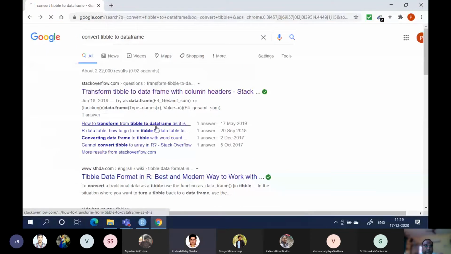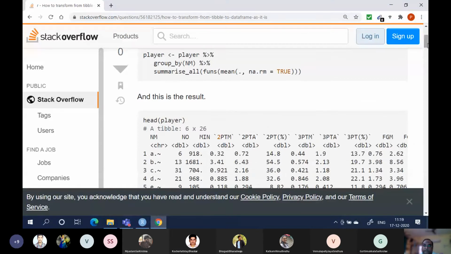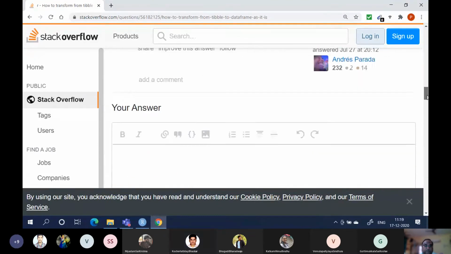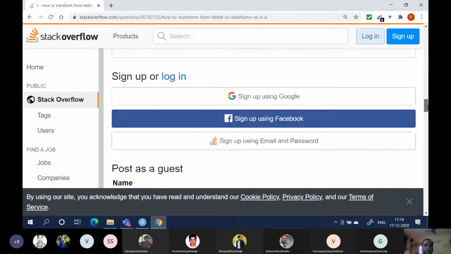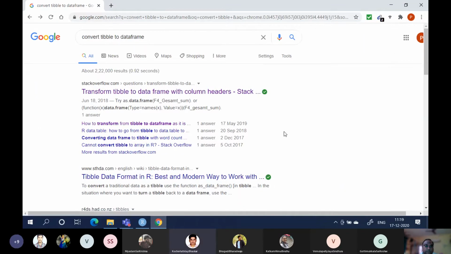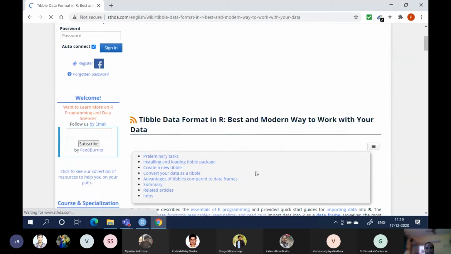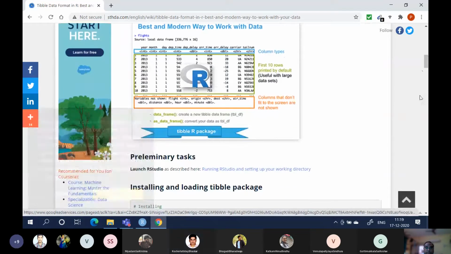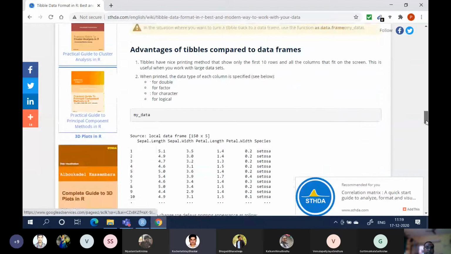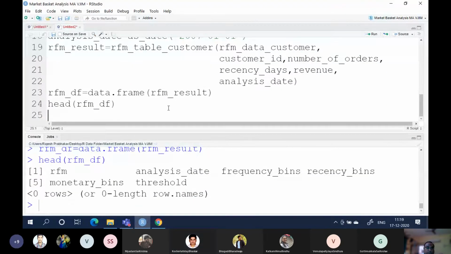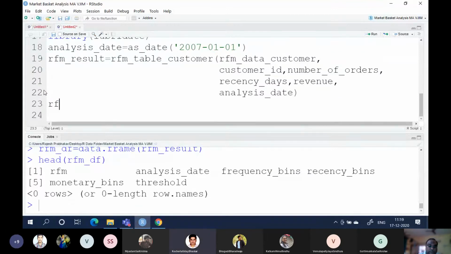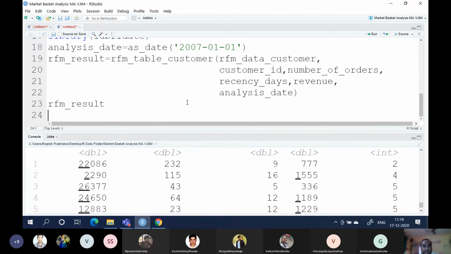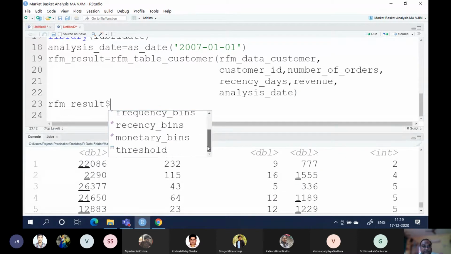Data.com is not working. So rfm_result dollar, it has all these columns.